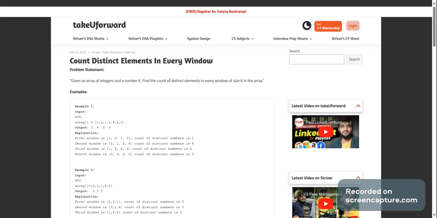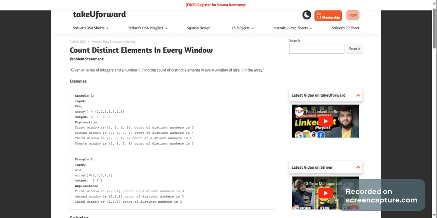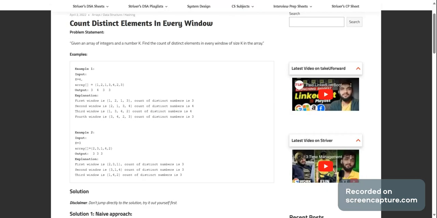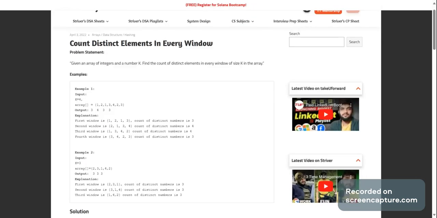This is mostly to revise some concepts. So, count distinct elements in every window. Why is this important to me? That's because